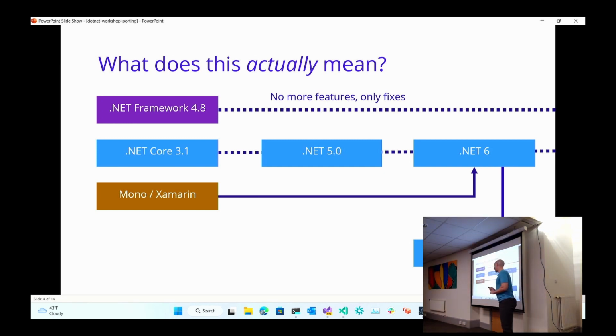November 2022, .NET 7 ships. So Microsoft has made this promise. Every year, November timeframe, there will be a version of .NET that comes out. And the idea is, if it is an even number, it's an LTS version, which stands for long-term support, which means that you get 3 years of support from the year it launches. So for instance, .NET 6, which shipped in 2021, has 3 years of support. So it runs out of support in 2024, end of 2024, right? If you're an odd number, you have what's called STS, or standard term support, which is 18 months. So .NET 5 is outdated. It's actually no longer supported. So if you're on .NET 5, go to .NET 6.